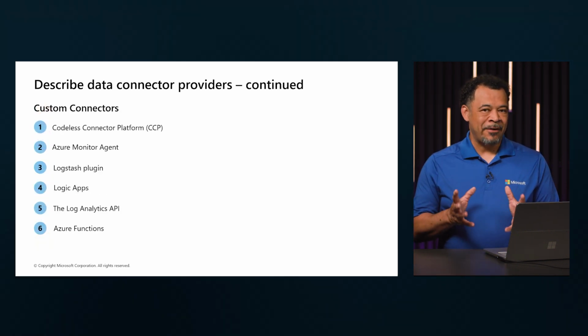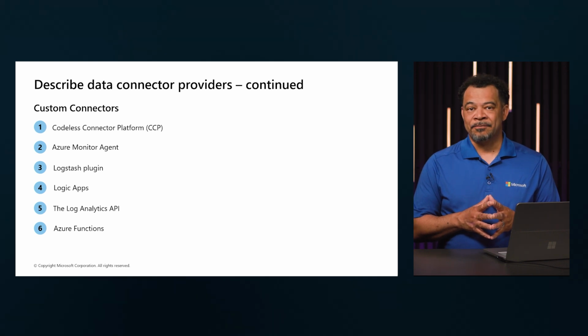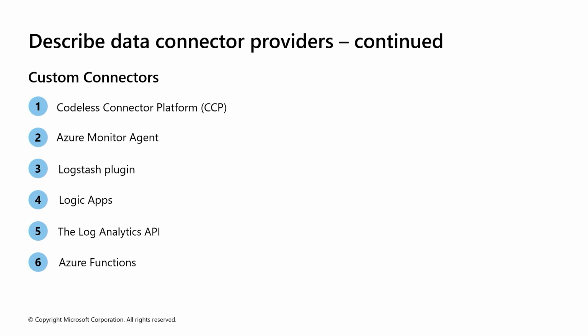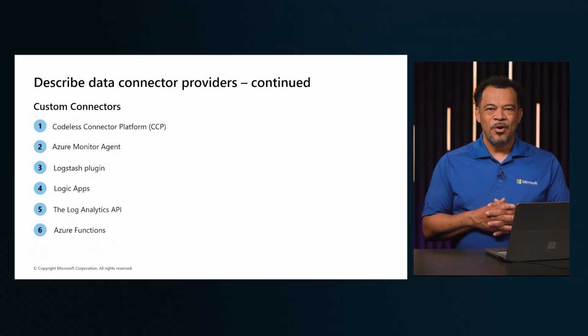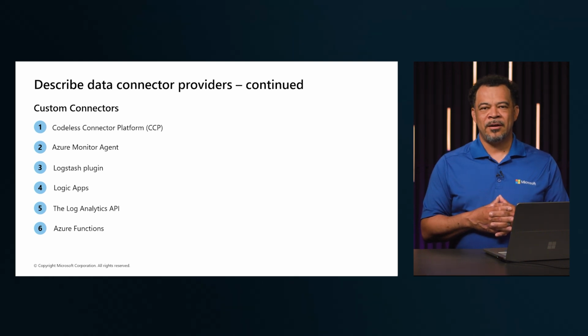Microsoft Sentinel supports several options for building custom data connectors, giving you flexibility to bring in data from virtually any source. You can use tools like the Codeless Connector Platform, Azure Monitoring Agent, or Logstash plugin for streamlined integration. For more advanced scenarios, Logic Apps, the Log Analytics API, and Azure Functions let you build highly customizable ingestion pipelines. These options are ideal when working with niche systems or when you need to enrich or transform data before it